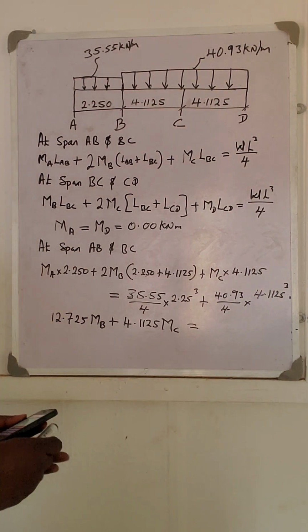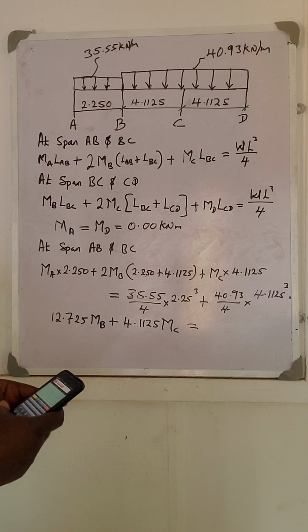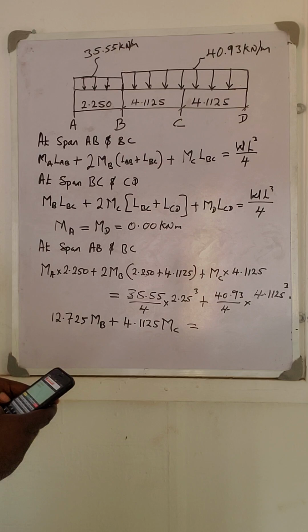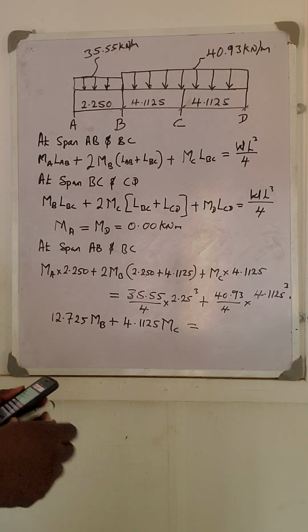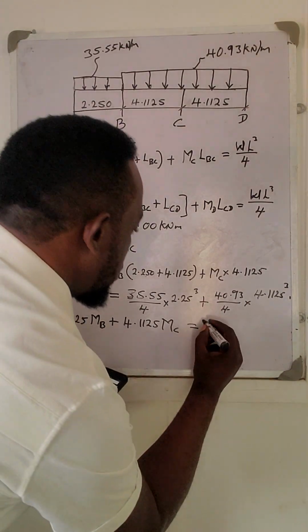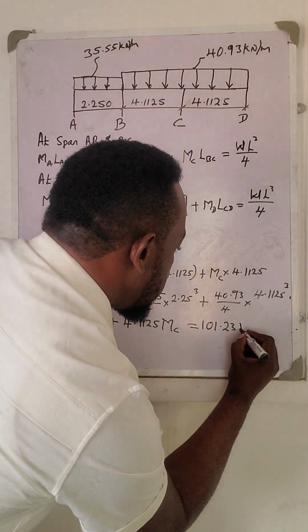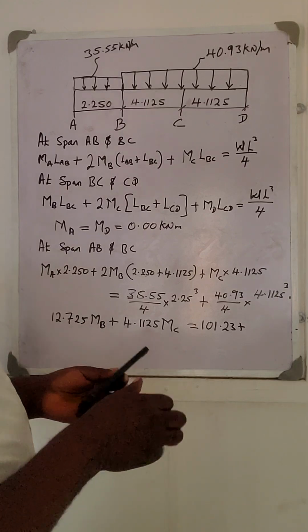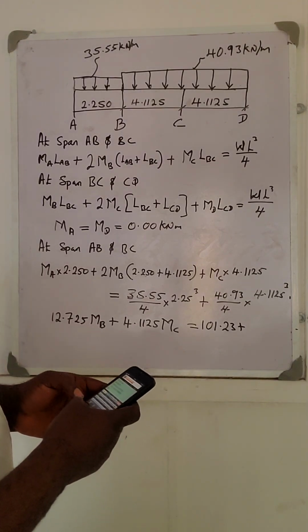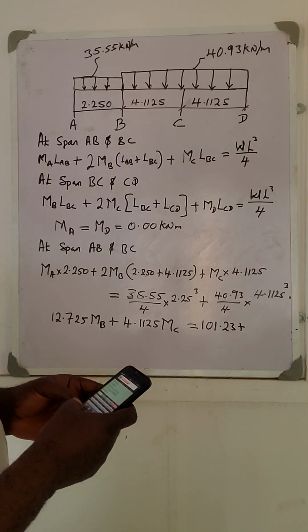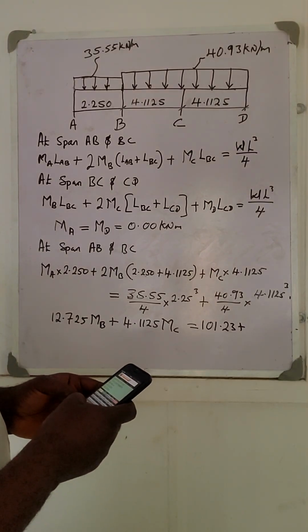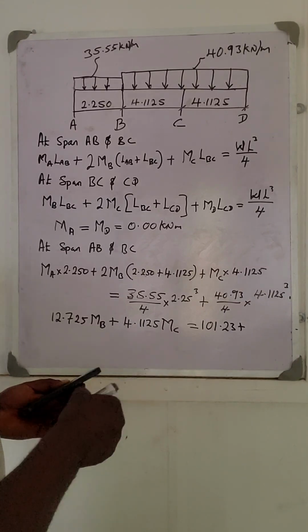when you compute all this, you are going to have a value: 35.55 divided by 4, multiplied by 2.25 raised to power 3. So that will give me 101.23 approximately, plus 40.93 divided by 4, times 4.1125 raised to power 3. This one will give me